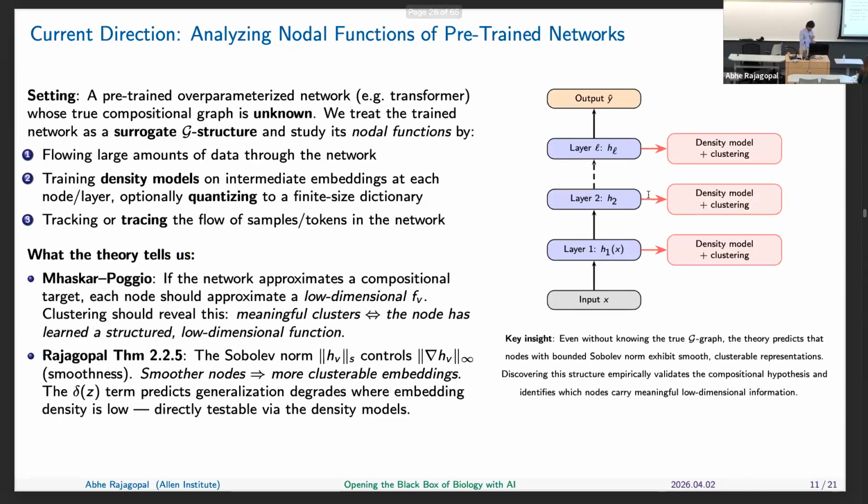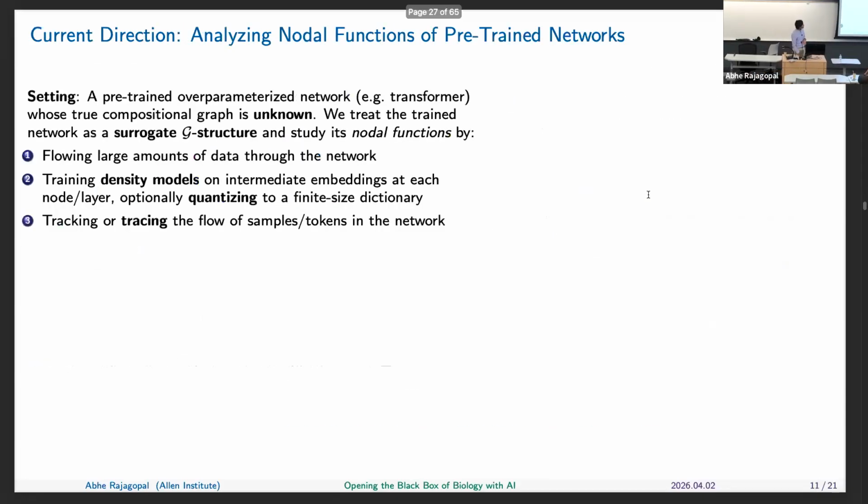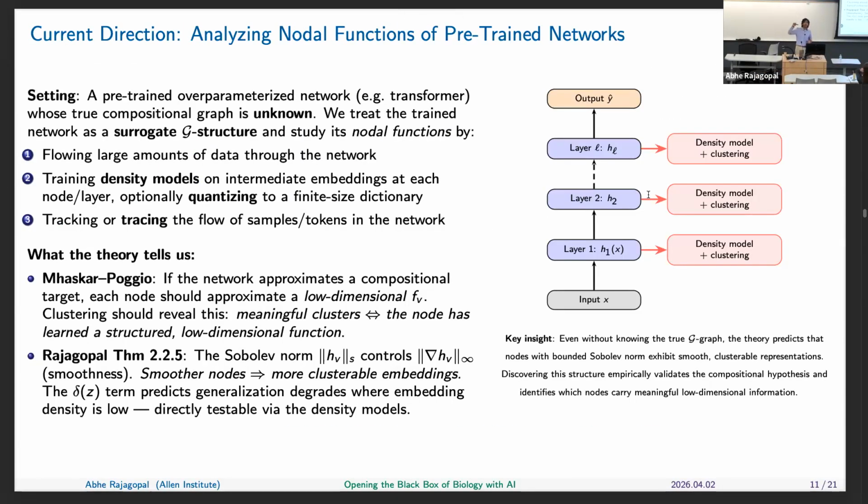But basically, the idea is that by clustering the data or training density models on these nodal representations, we can learn where the data lies, where the data is dense, and how smooth the function is with respect to the output. As an example, when we saw the embedding space of these models, and let me go back for a second, the fact that they cluster tells you that you can draw a pretty simple line or boundary to separate the various classes, right? Which means it's smooth. It's not a really complicated function, which would be an example of not being smooth.